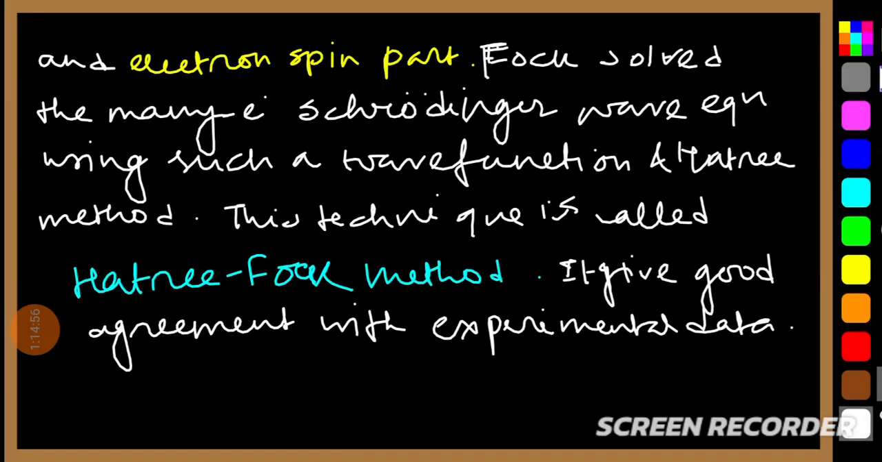using such a wave function and the Hartree method. So Fock used these wave functions, which depend on both terms, that is the spatial part and spin part, and this wave function along with the Hartree method. So he solved the many-electron Schrodinger calculation, and it was seen that there is good agreement with the experimental data. That's why this is called a good method,